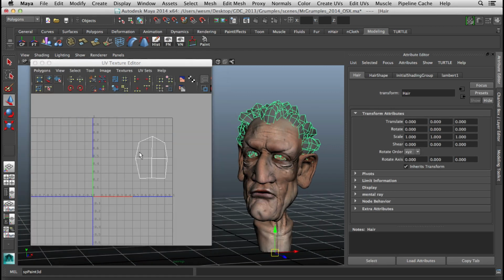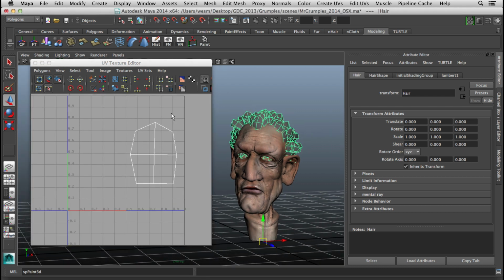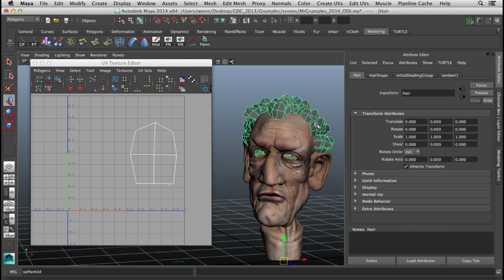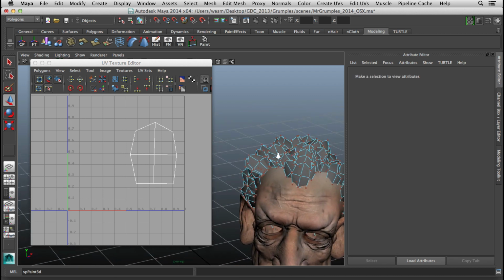So we're going to go into the UV texture editor, and you can see that right now all these UVs are overlapped in that one spot. So remember, we duplicated all these and we placed them all in the same spot. What I'm going to do now is go into a UV mode here, and then what I like to do